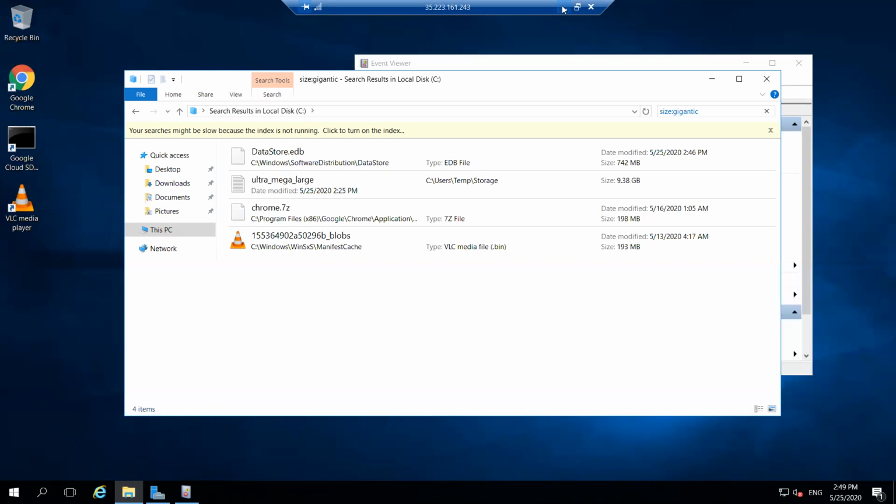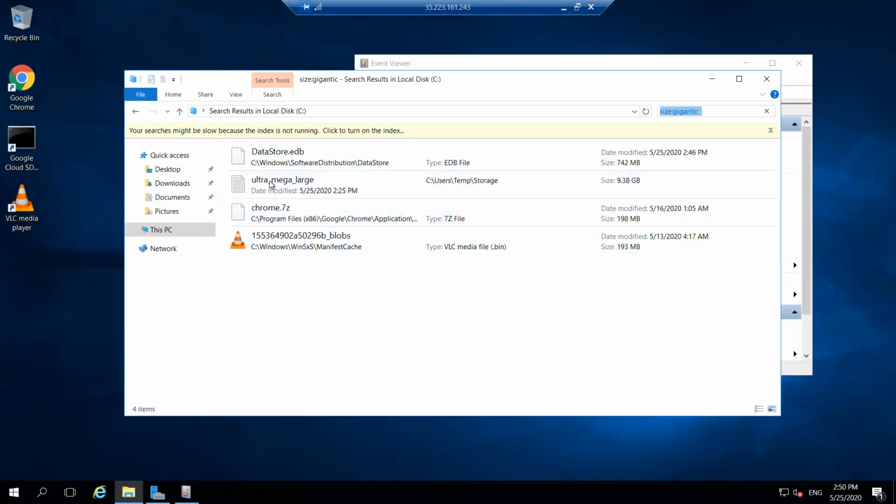That is the 9.38 GB. Now that you know which file is causing the low memory error, you can delete it by right clicking the file in the search results and selecting delete. You will need to provide admin privilege to delete it. When the pop-up appears, click continue, and that's how it will work.